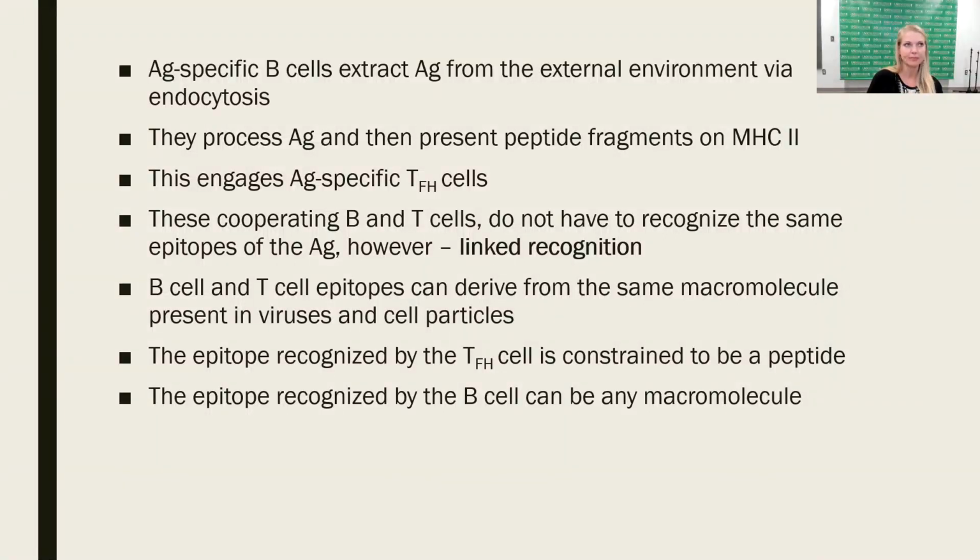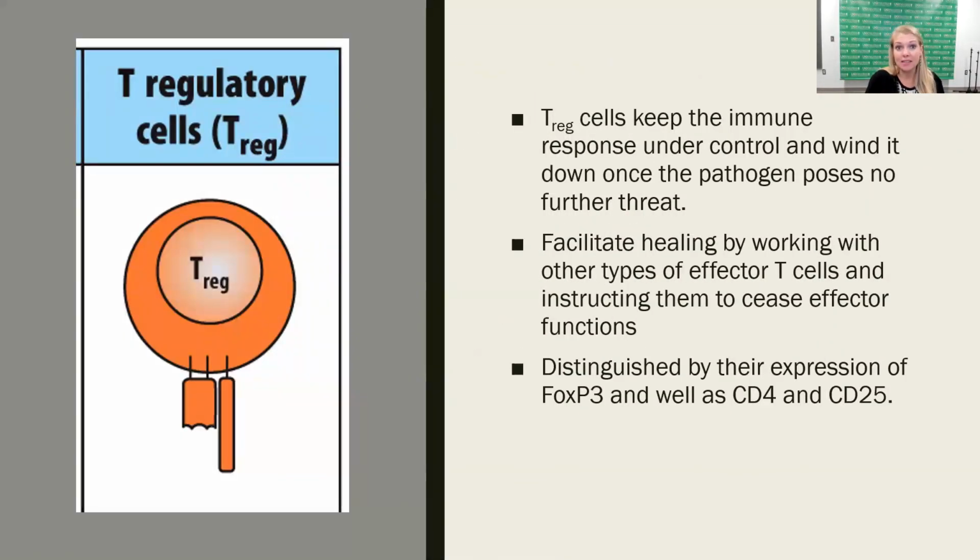So, okay, Treg cells. This is a totally different situation. Treg cells, or regulatory T cells, are going to be there to really keep things in check, to keep the immune response under control. And once a pathogen has been pretty much cleared up, the Treg cell will start to shut down the immune system once that pathogen no longer poses a major threat. It will facilitate tissue repair, tissue healing,